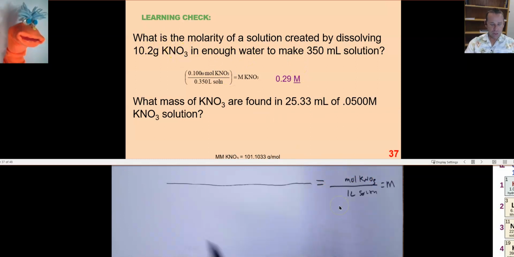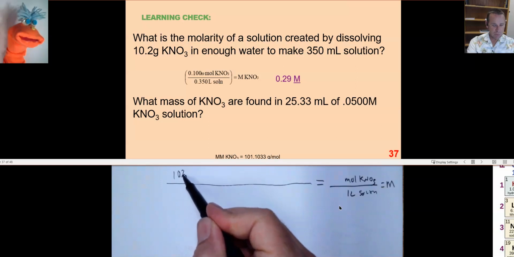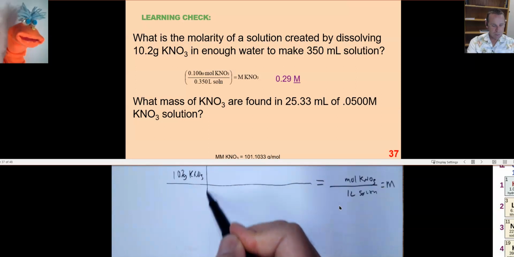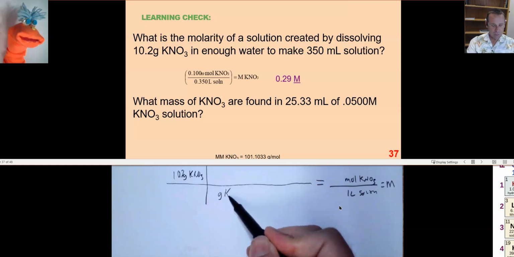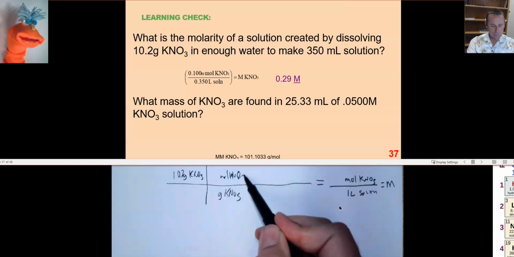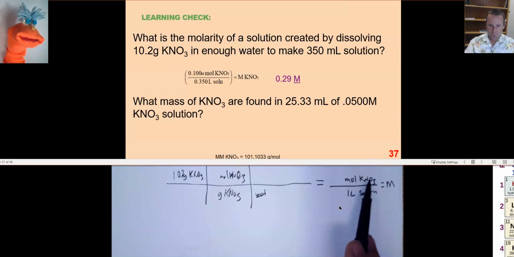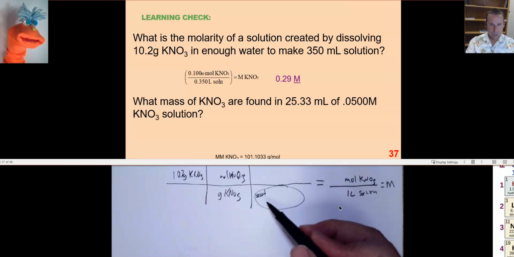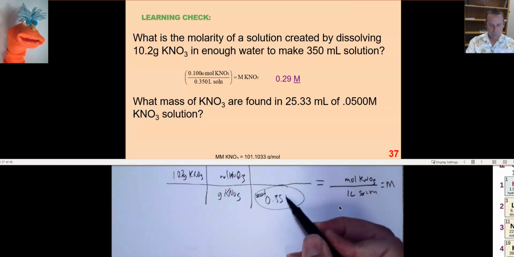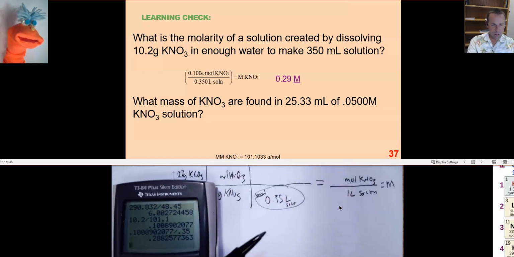All right. And so then I can start with 10 grams, or 10.2 grams, of KNO3. And I can go from grams of KNO3 to moles of KNO3. And then I can go from moles, oh wait, no, I want moles of KNO3 at the top, good. Now I just need to get my liters of solution down below there, and I can just plug those right in, 0.35 liters of the solution. So it's all in one combined